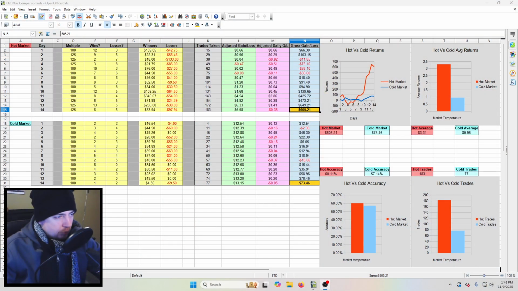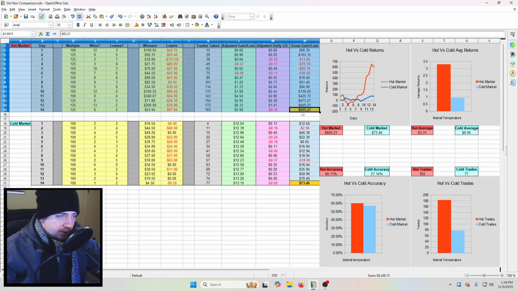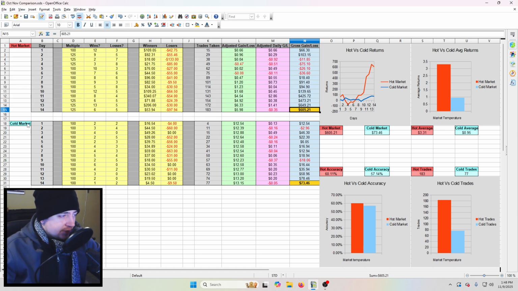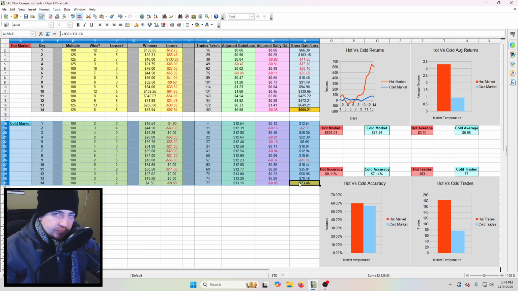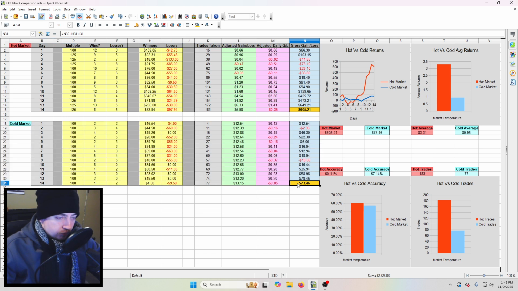So let me go ahead and pull up some data here. And we have two sets of data. I have a hot market set of data. This was from October 1st, and this was really a hot stretch we were experiencing in the market. And I actually have a cold data set that was taken immediately after, which is whenever I started the small cap challenge. And unfortunately, this was really the start of the cold market. As you can see here, the same amount of time has passed. These are both 14-day periods, and yet the returns are vastly different.